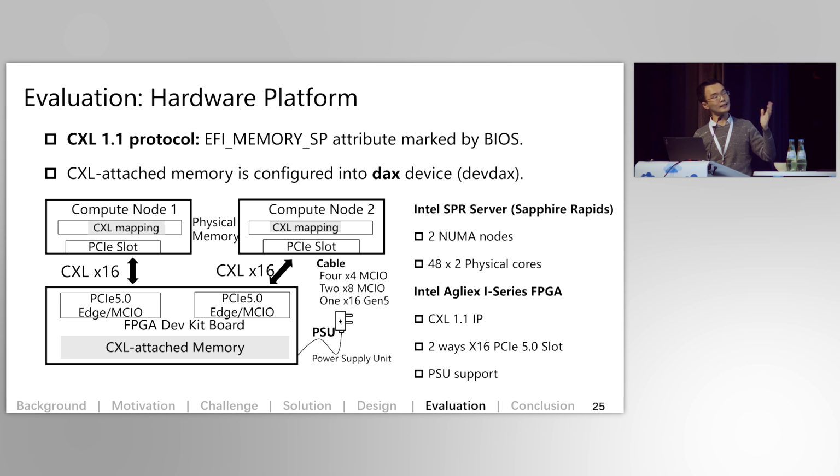Okay, so with these techniques, we built the CXL shared memory system, and we also tested it on real CXL hardware. As you can see, this is our test platform. We have 2 separate computation nodes, and they are both directly connected to a shared backend memory node, which is CXL attached. Importantly, all these 3 devices have independent power supply. So they have separate failure domains,